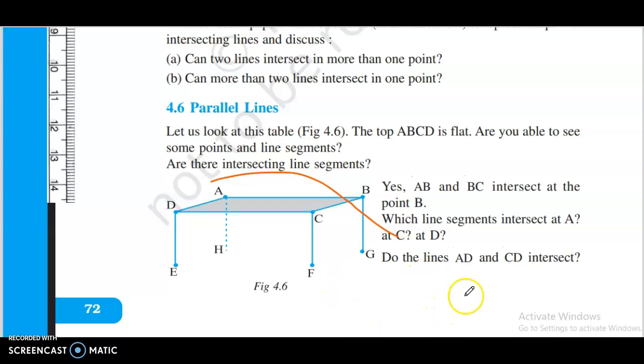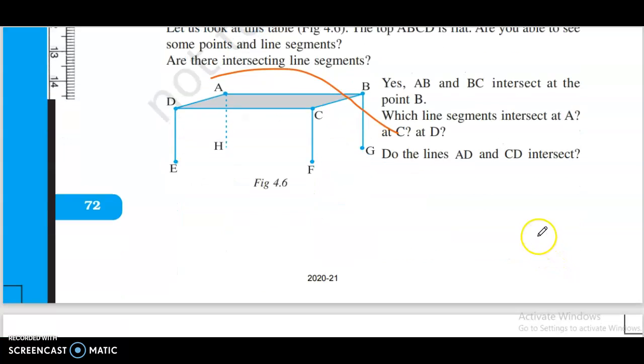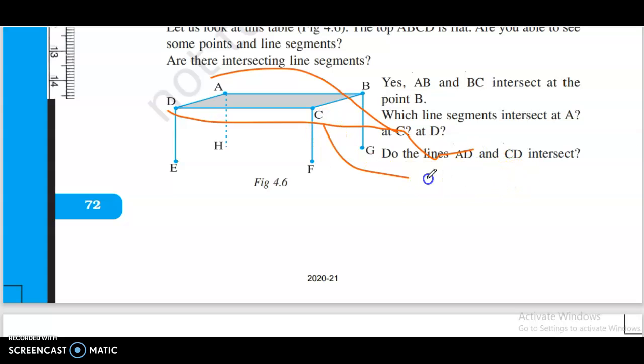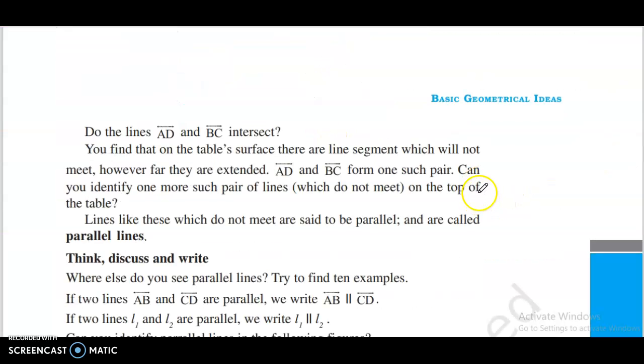Do the lines AD and CD intersect? AD, CD? Do the lines AD bar and BC bar intersect? Yes. You find that on the table surface there is a line segment